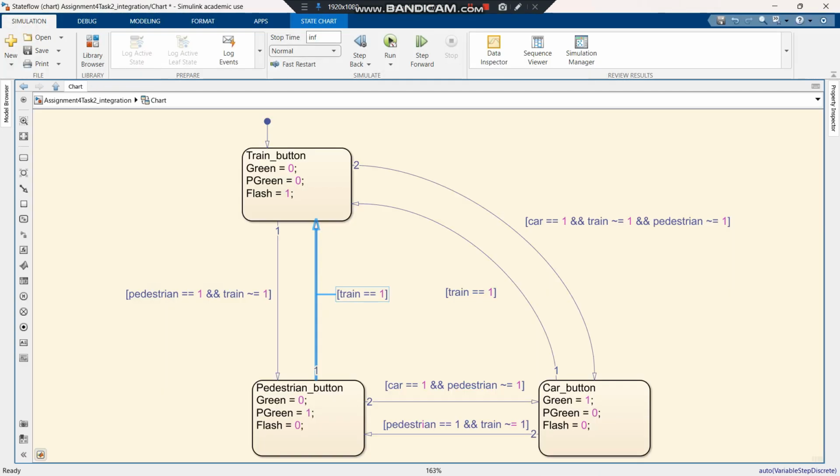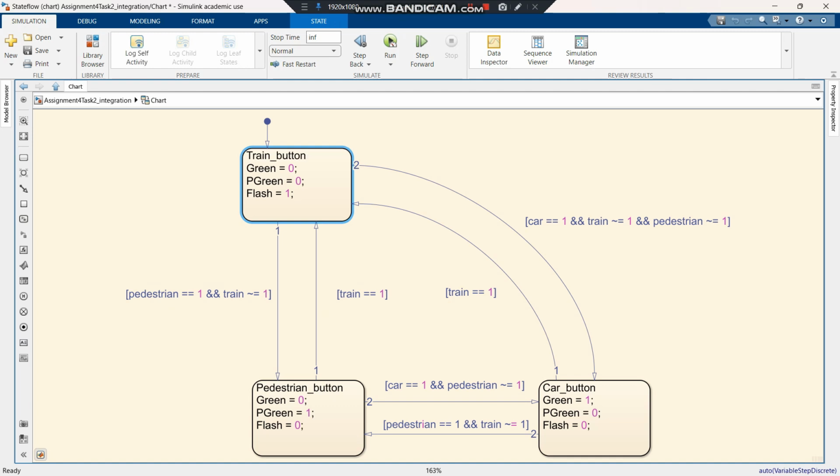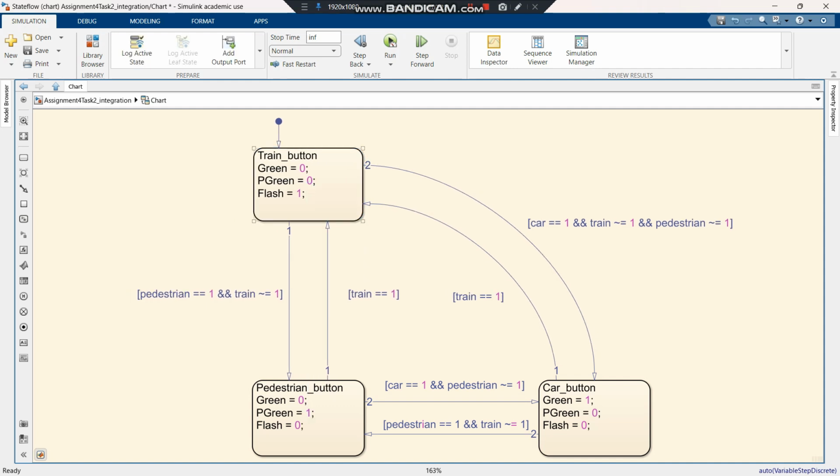So let me explain more details about my state machine. I have put 3 states into this state machine. The first one is when the train button is pressed. So I have named this state train button. It will produce an output which is flash equal to 1, while these two outputs are equal to 0, and it will change its state